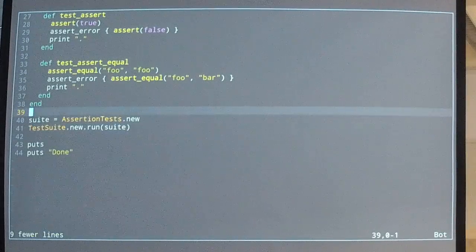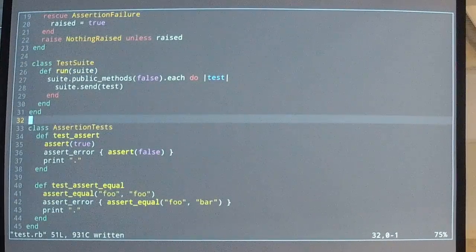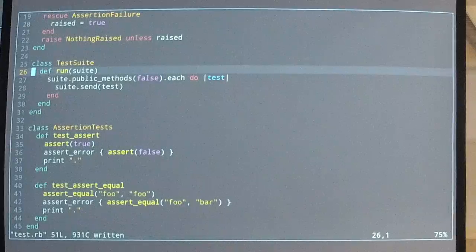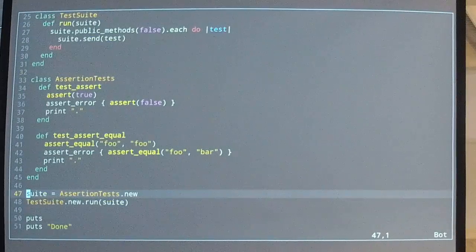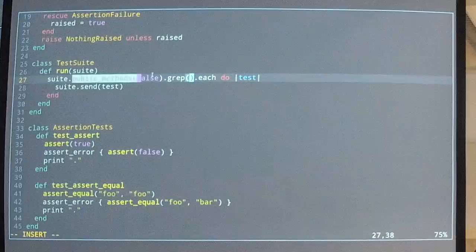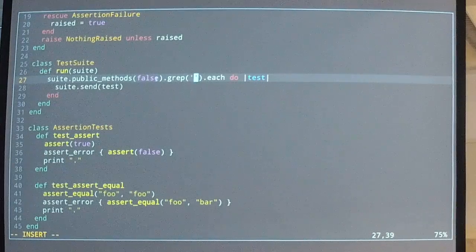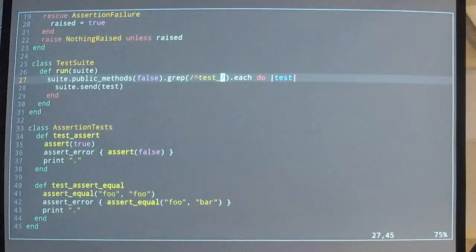I'm just going to move this over here. Okay, so the first thing we do is we will change this thing to only run methods that start with test underscore. Since this is an array of names, we can use a regular expression to match everything that starts with test underscore,